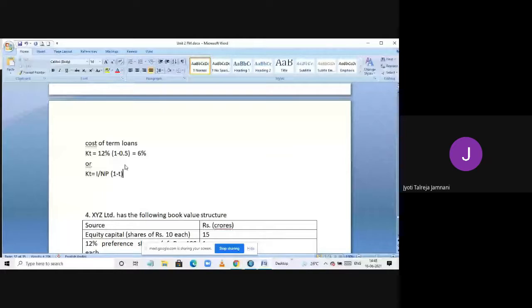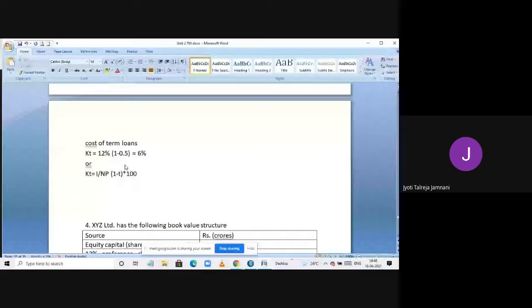into 100. Only for this sum I'm showing you this so that you know that there's another way to do it. So interest they have told is 12%. If I assume the face value to be 100, 12% of 100, 12 will be the interest. Net proceeds will be same as face value because we don't know the flotation cost or premium, discount or par. So it's 12 divided by 100 into 1 minus tax, that is 1 minus 0.5, into 100. If I solve it like this also, it is 6%.